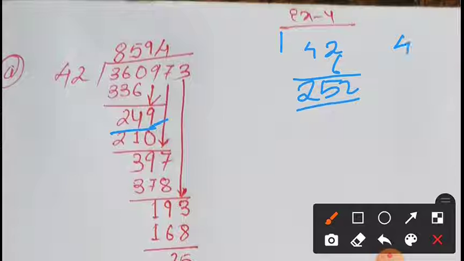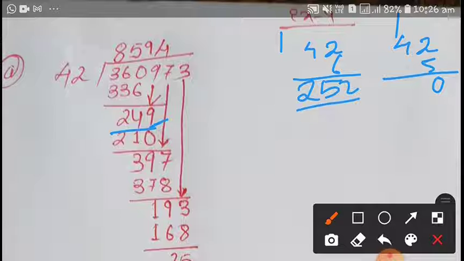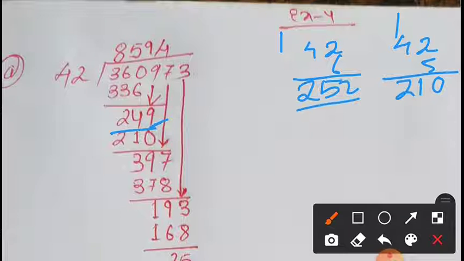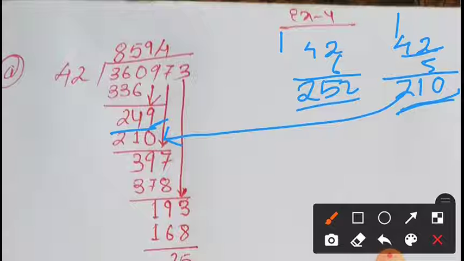multiply 42 with 5 to get a smaller number. Okay, so 5 twos are 10, carry 1, 5 fours are 20, 20 plus 1, 210. So you have got 210. Now if you multiply 42 with 4, you will get a smaller number than 210, which we don't need, so we'll write 210 here. Now if you subtract 0 out of 9, you will get 9. If you subtract 1 out of 4, you will get 3, and 2 minus 2 will give you 0, which we will not write. So 39 is here.